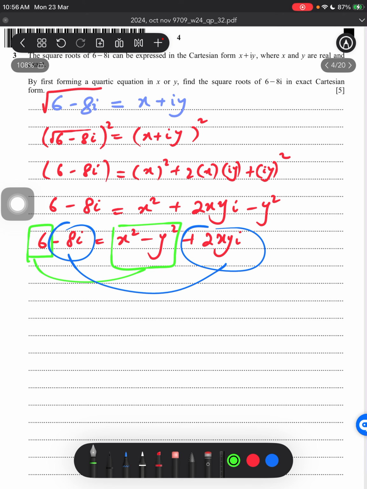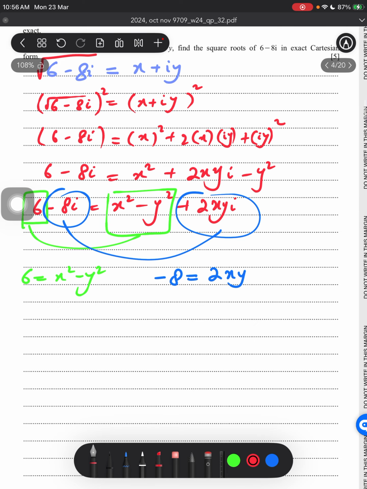So you would have 6 equals x square minus y square, and this would be simply solved as minus 4 equals xy, and if you want to take y, so you would have minus 4 over x,